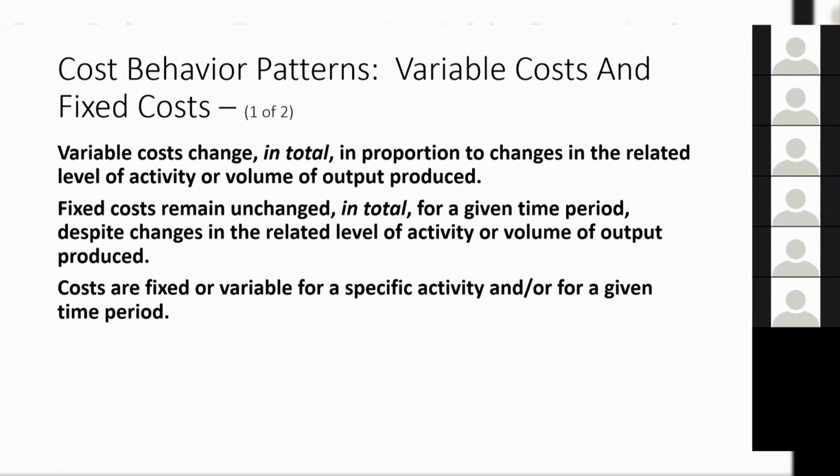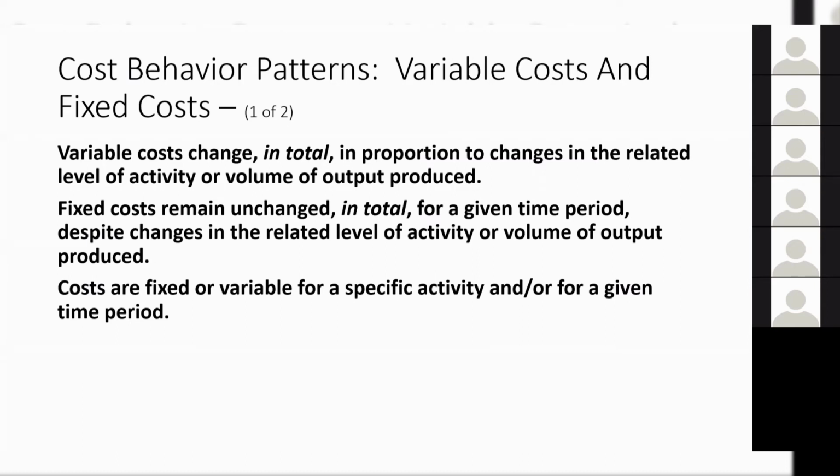Moving on. Variable costs change in total with change in activity. So an example of a variable cost would be, again, direct materials such as chocolate chips in chocolate chip cookies. I guess I'm hungry this morning. I keep talking about bakeries. Chocolate chips, the more chocolate chip cookies I make, the more chocolate chips I will use. On the other hand, the cost of the chocolate chips per chocolate chip never changes. It only changes in total. So the variable cost will change in total with the change in activity, but it will be the same per